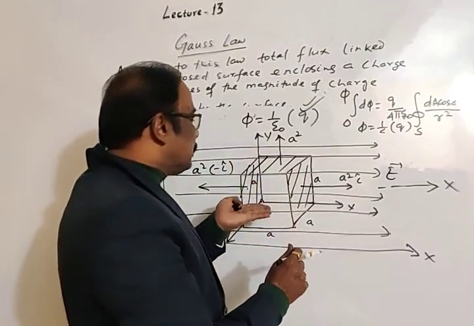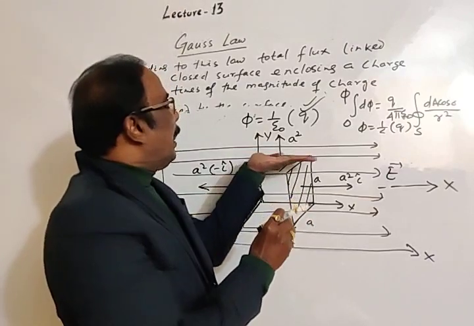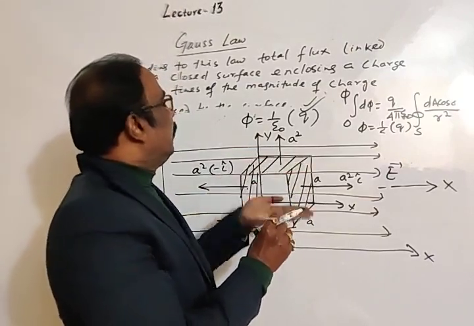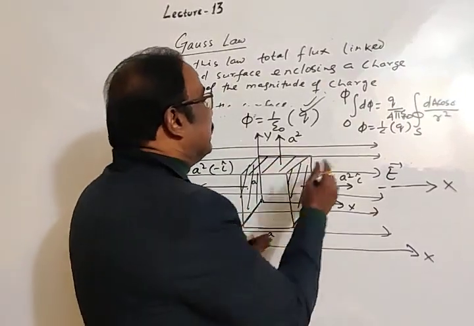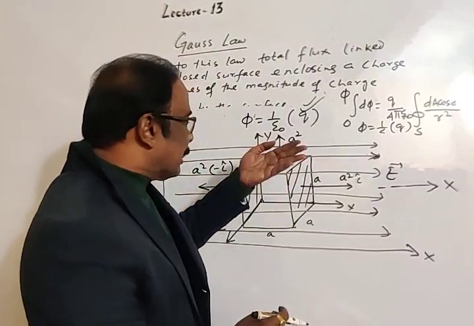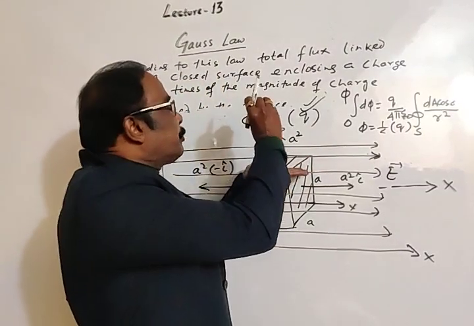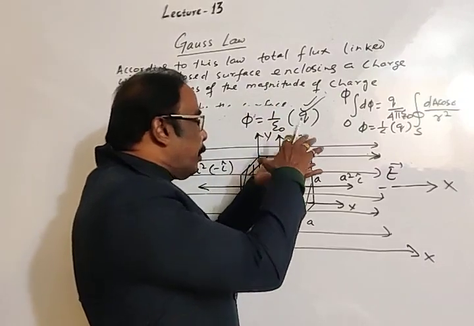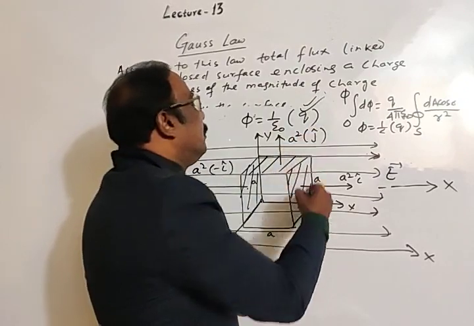Sorry. This plane is XZ plane. See, this is along x-axis and this is along z-axis. So this surface is on XZ plane. So obviously direction will be along y-axis, means perpendicular to the surface, and along y-axis we may take unit vector